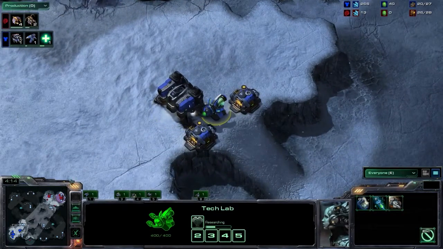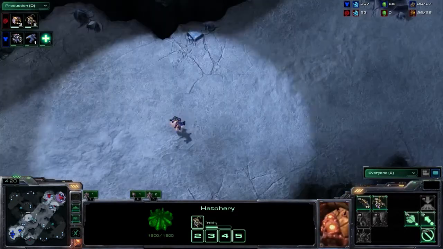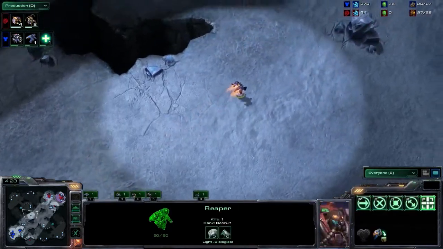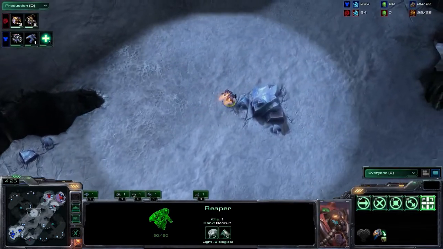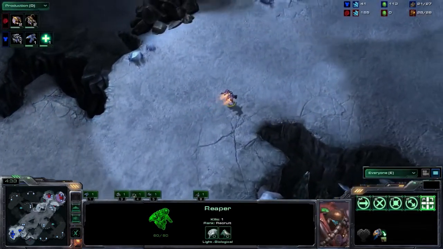A second gas geyser has gone down, and there is Reaper number 2 coming out. So it looks like an aggressive opening from the Terran. That's right. And as we see the Terran player now start to move that Reaper across the map, you can see that the Zerg player is moving along very standard, as we've seen before, always going for double queens